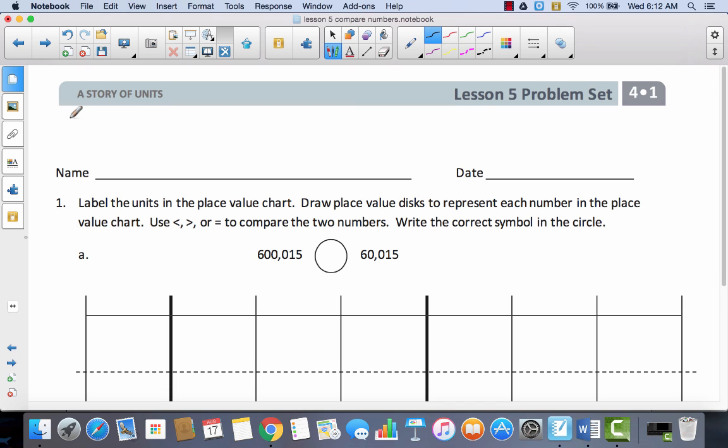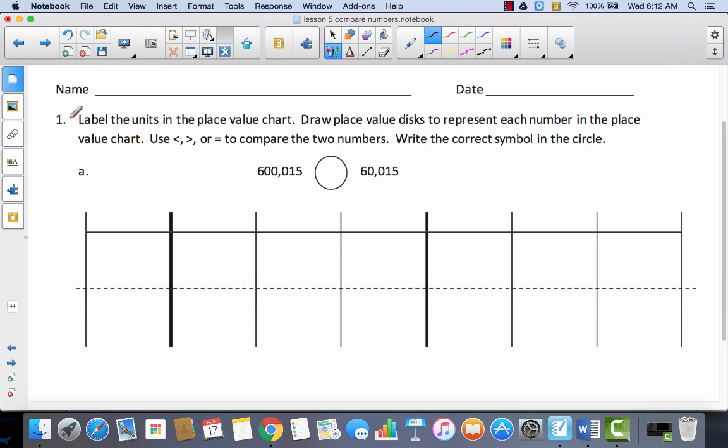So the directions say label the units in the place value chart. Draw place value discs to represent each number in the place value chart. Use less than, greater than, or equal to compare the numbers. Write the correct symbol in the circle. So the first thing we're going to do is label the place value chart. I'm going to pause the video and label the place value chart, and I want you to